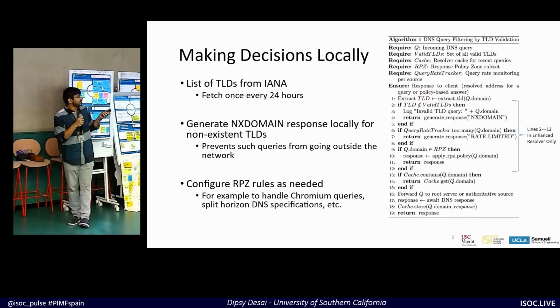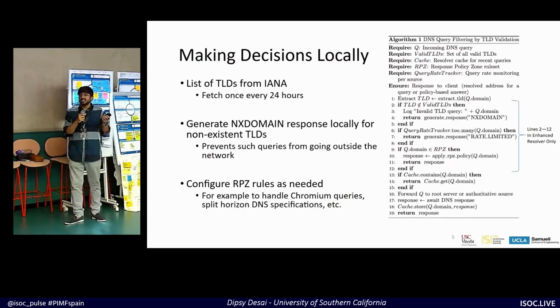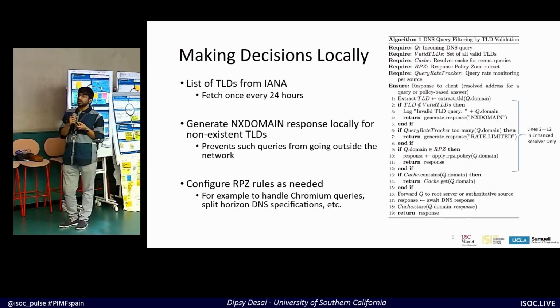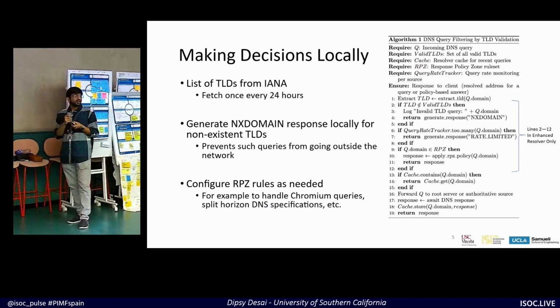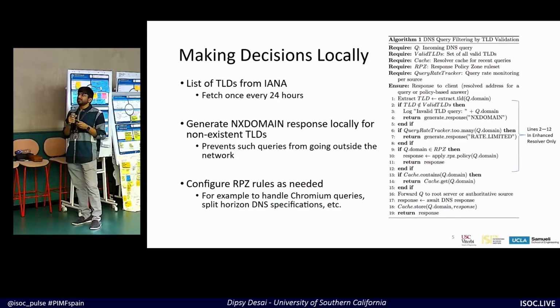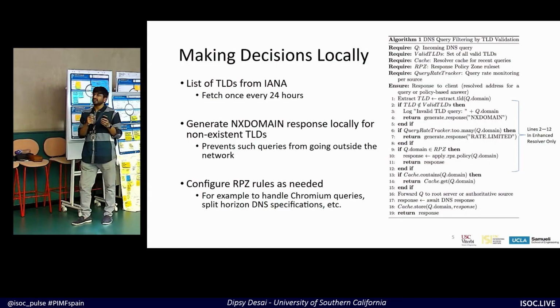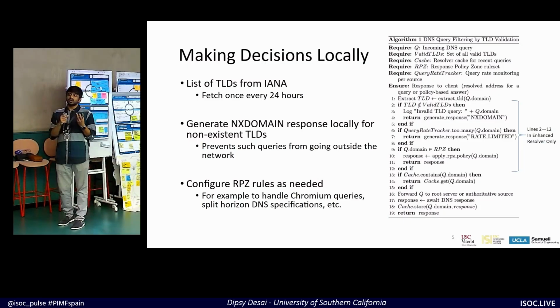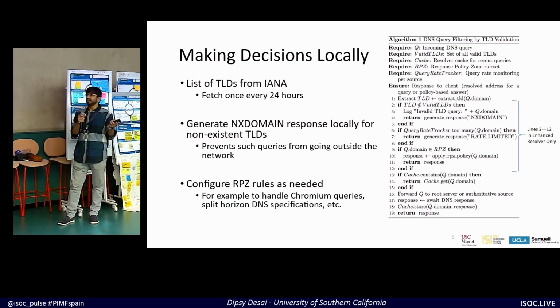an NXDOMAIN. Regarding RPZs, as I mentioned, one example is Chromium-based queries. Chromium is a web browser project that was developed by Chrome in the late 2000s. This project aimed at determining if there is a captive portal present between a user client and the server that is responding to queries. So Chromium generated 3 random queries using randomly picked alphabets, of a specific length between 7 to 15 characters, all in lower case. And if 2 of those responses got the same IP address back, then Chromium determined that there was a captive